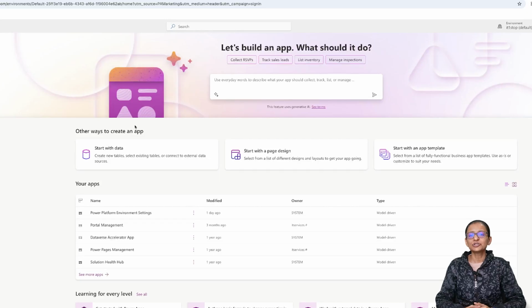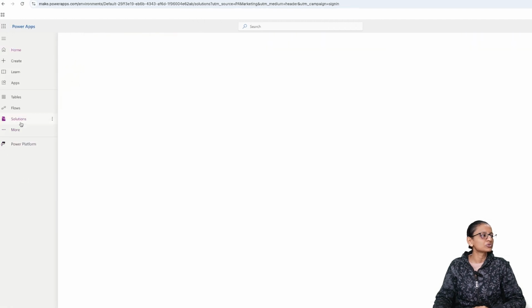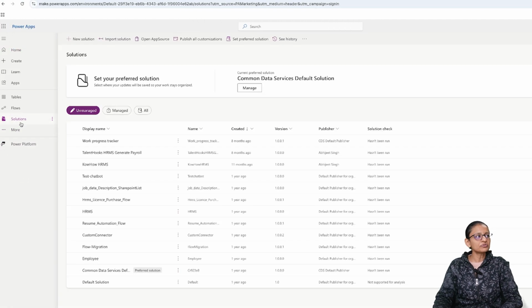Now let me tell you the second thing, how to install Creator Kit in your Power App environment. So for that, what you need to do? First of all, you should log in to your Power App developer account. And here you need to go to the solution. Now in solution, make sure that you select the correct environment.